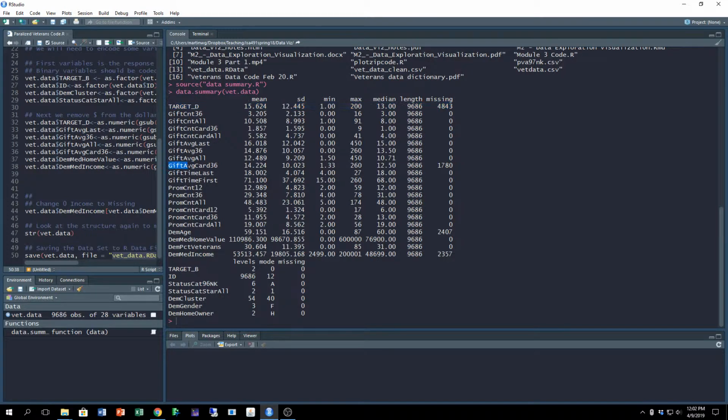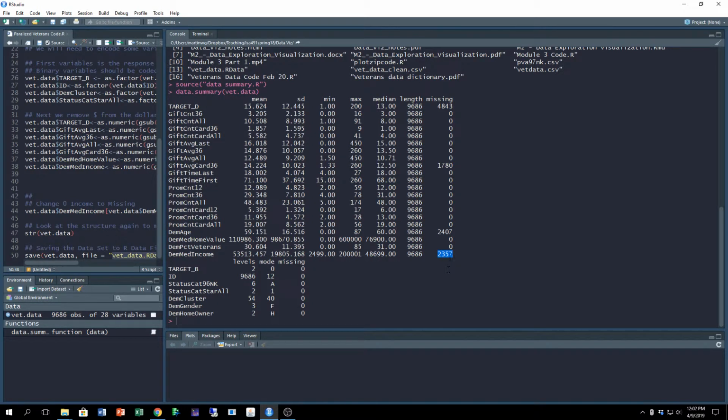But we have the gift average card with 1,700 observations missing. We have the demographic median home value, or the demographic age with 2,407 missing values, and then the median income having